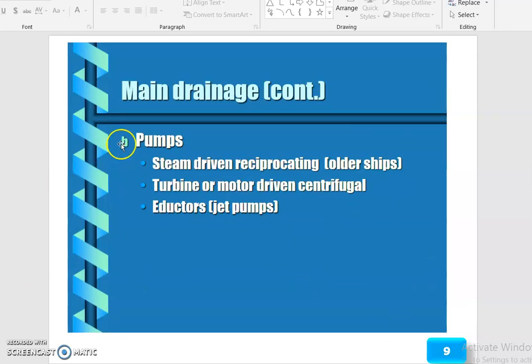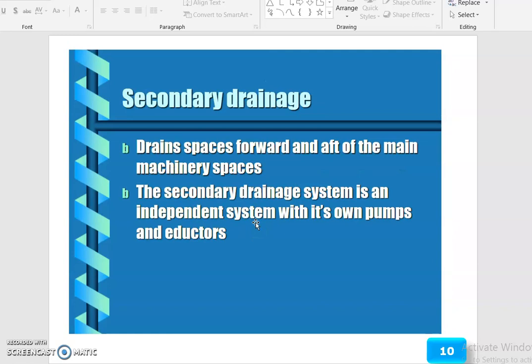So the pumps are steam-driven reciprocating, like on older ships, turbine or motor-driven centrifugal, and eductors or jet pumps. The secondary drainage drains spaces forward and aft of the main machinery space.